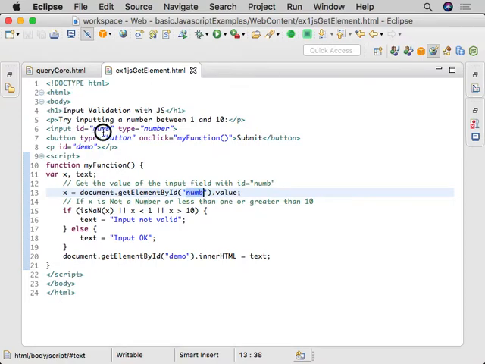Inside of this ID, that's the ID of that element. Element is an HTML element or an HTML input or a box. Get whatever's inside of num, which is that input, and then get its value, and then assign that to x. My friends, if you can get this line, you will have received the core